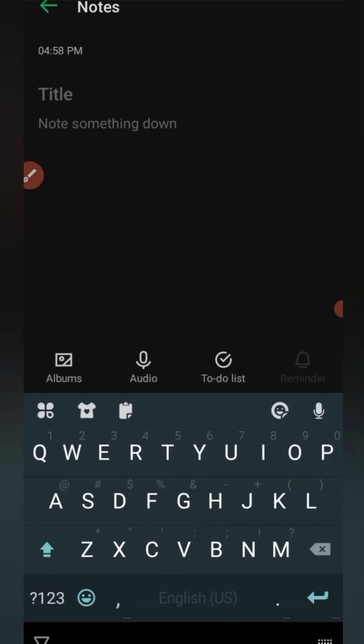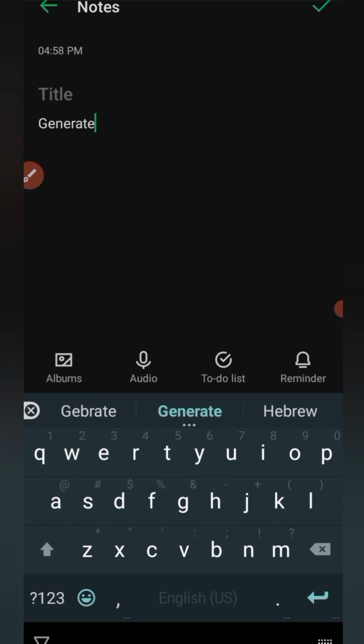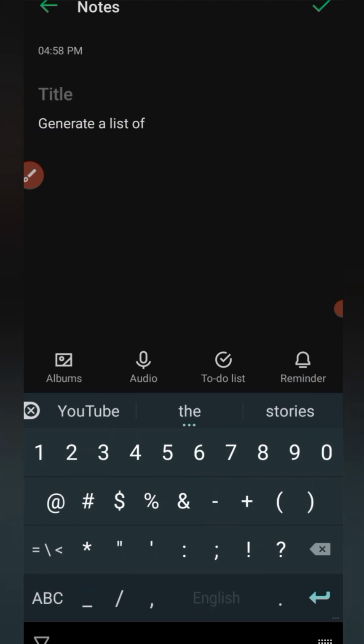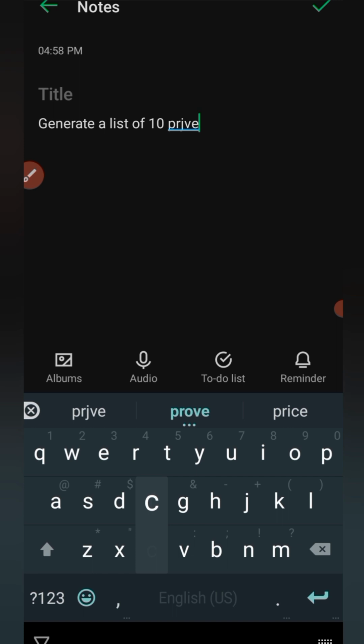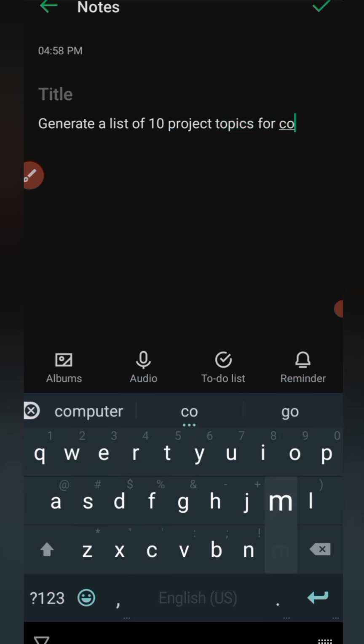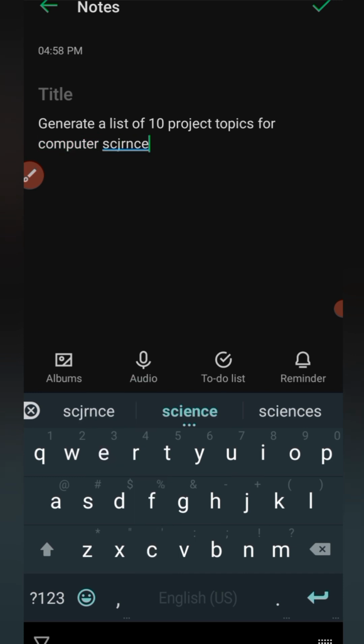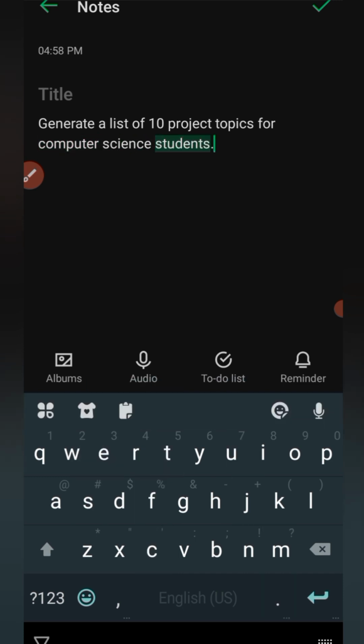I can say, okay, generate a list of 10 project topics for computer science students. Okay, so if I want to add all my prompts in one page, now I can just